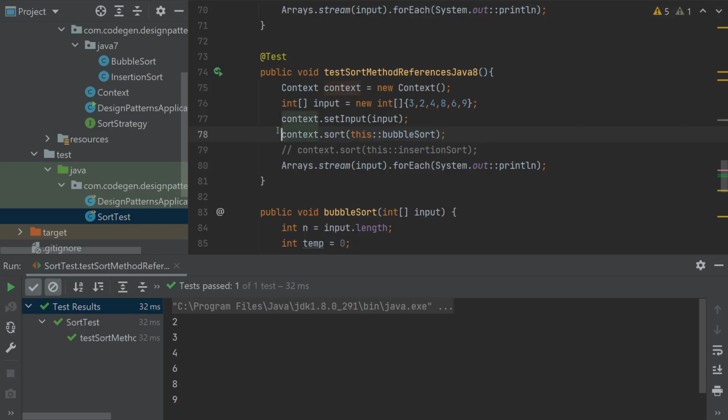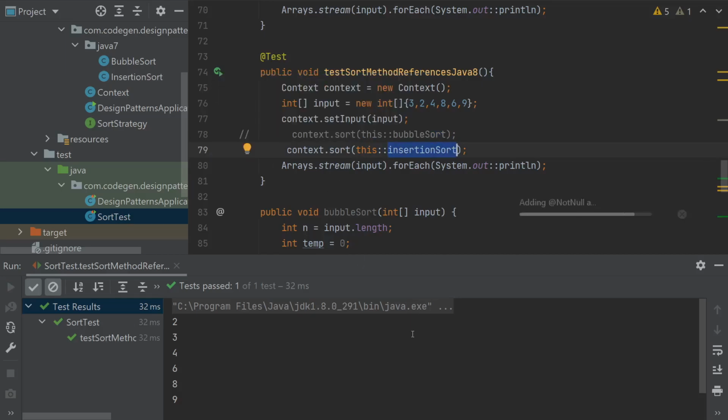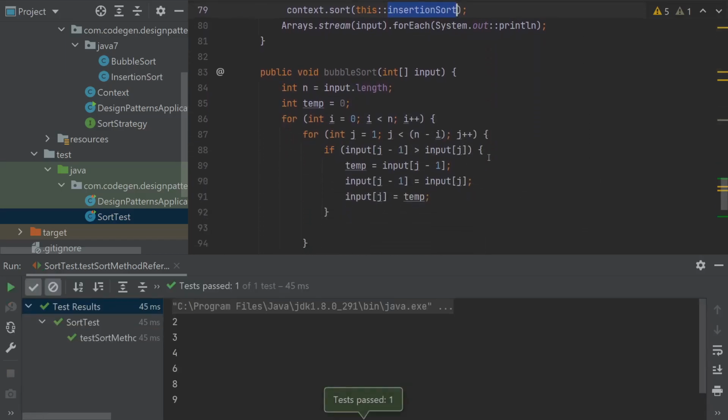We could change this sort algorithm by simply replacing the method reference to use insertion sort in place of bubble sort, and this will return the same result, but the underlying algorithm used is changed.